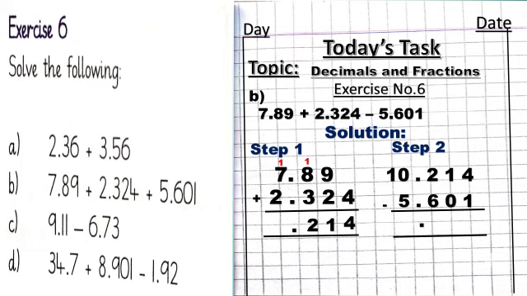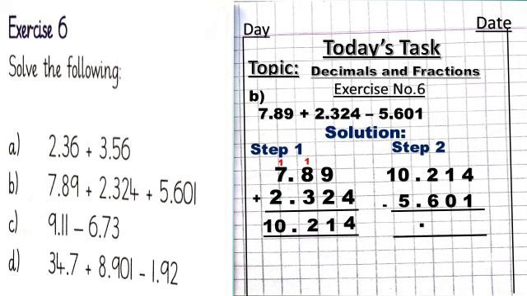After adding units column, 7 plus 1, 8. 8 plus 2 is equal to 10. So we will get 10. After adding these two decimal numbers, we will get 10.214. In step 2, we will subtract